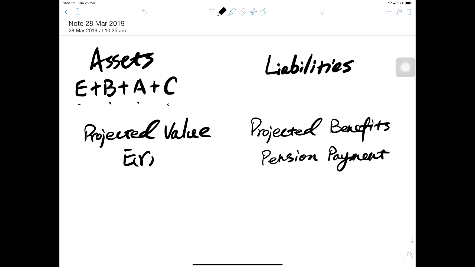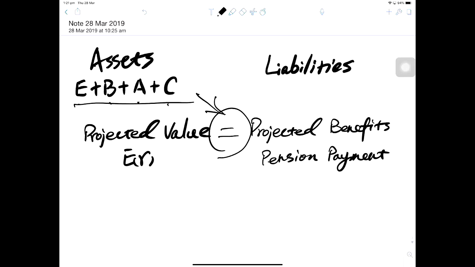On the right-hand side of the page, we have the liabilities. How the projected value of your assets matches the projected value of the benefits payment in the future will give you some indication of how well your fund can achieve your objective. So that's what we are going to achieve in the DB fund. How the asset allocation here is going to